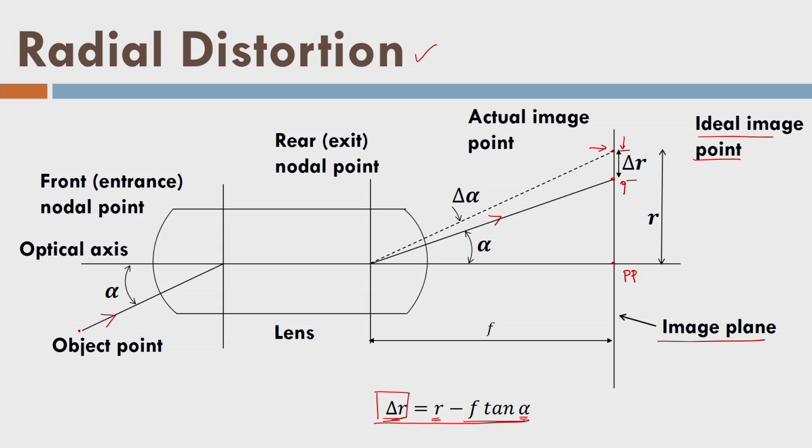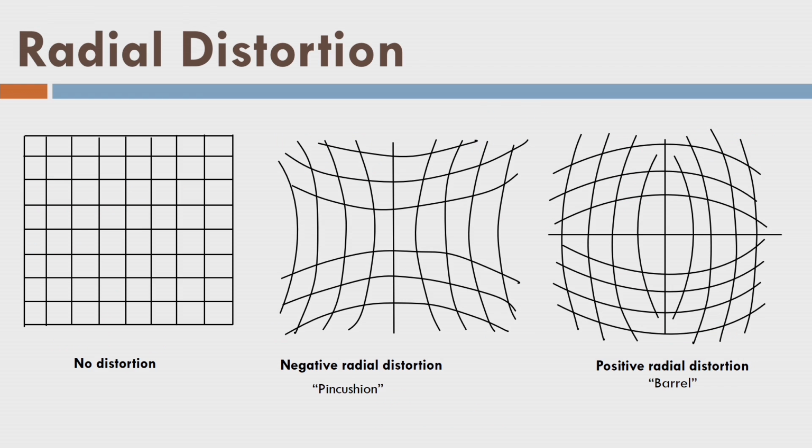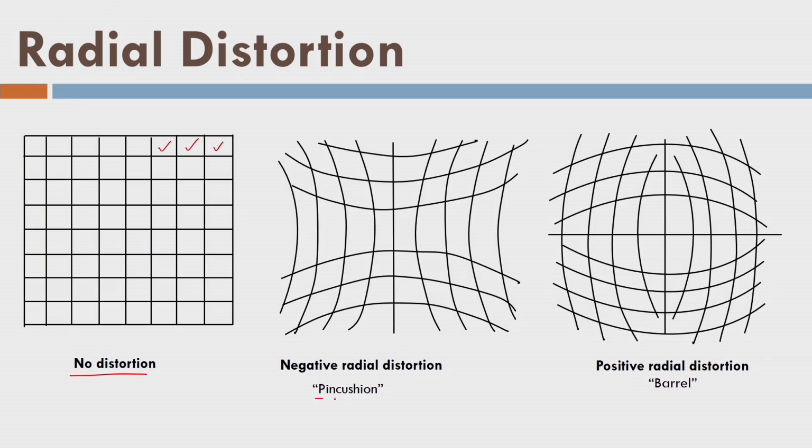The radial distortion can be negative, and it can be positive also, which means this is positive delta r. Negative means it could be like this, so that will be a negative correction, that is, negative delta r. If there is no distortion in the image, I have so many pixels, this one pixel, second pixel and so on, and these pixels are at ideal locations. However, because of the negative radial distortion, I will get these curved lines. You can imagine a cushion in which we are trying to prick pins, and some kind of pattern of lines is generated. It is this kind of pattern only, and that's why we call it the pincushion effect.